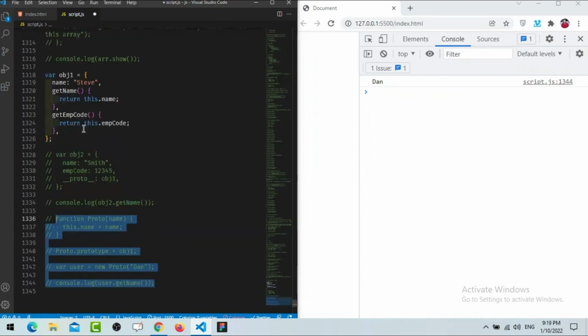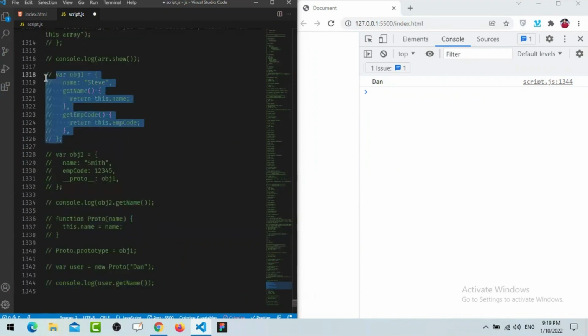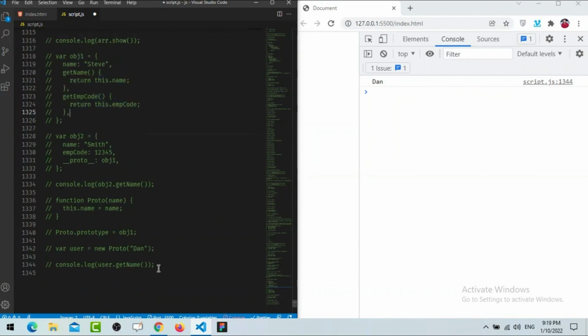So this is all about prototypal inheritance. By using __proto__, you can inherit another object's methods and properties. And another way we have seen is that by using the constructor call also we can inherit. So now the next thing we are going to learn